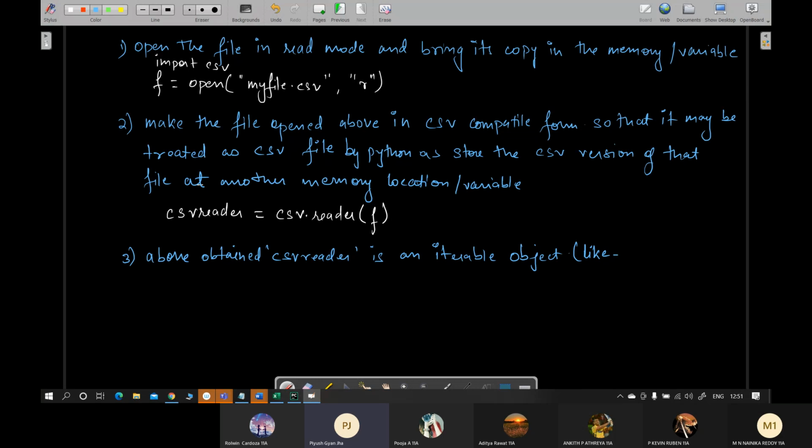So strings, lists, tuple, dictionary. Hence, they can be used in loops directly.